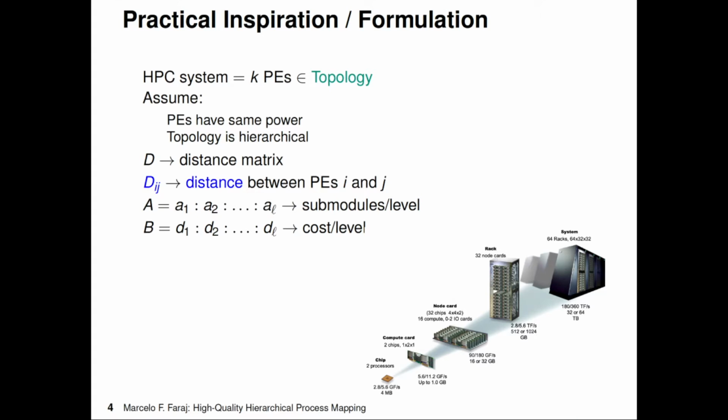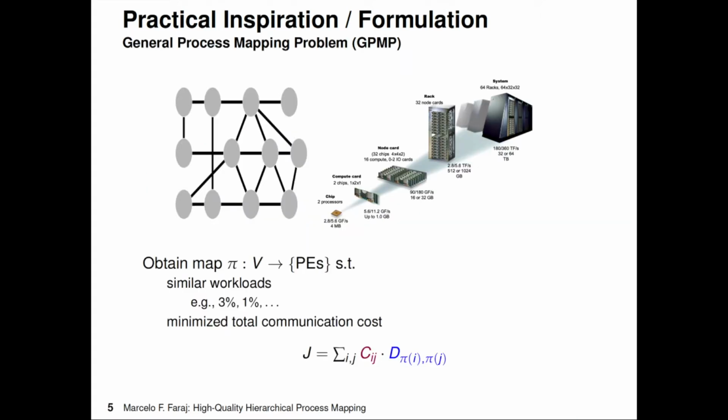on and so forth. Now that we've defined both the communication graph and the hierarchical topology, let's define the general process mapping problem. It consists basically of obtaining a map pi from each node of this communication graph to a processing element of this hierarchical topology. This mapping has to respect a constraint named the balancing constraint, which establishes similar workloads for each processing element. For example, we could allow an imbalance of at most 3% or 1%, and we